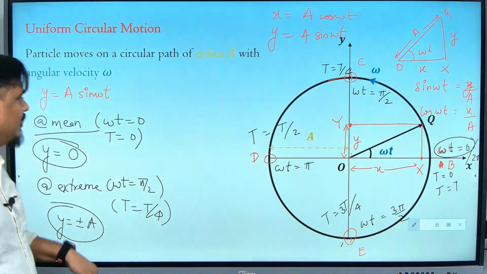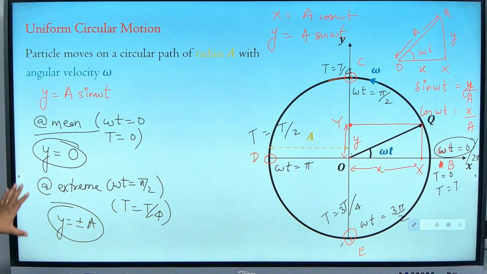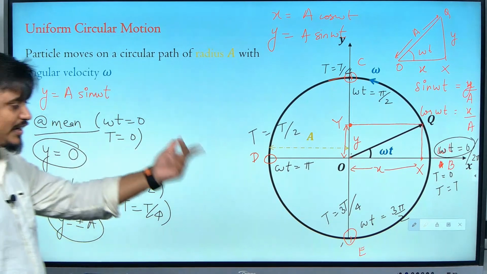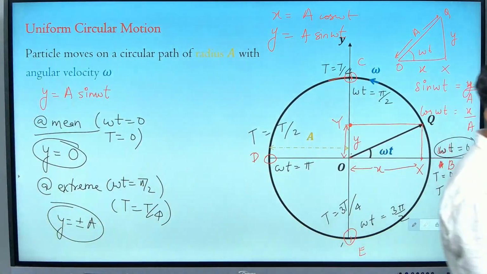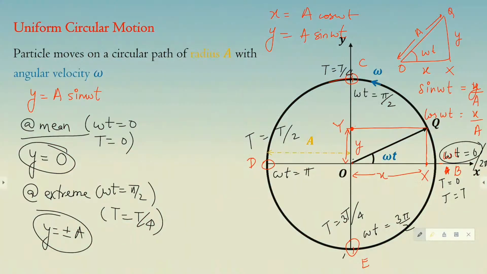Sure? So you have understood the equation of displacement, what is the meaning of mean position, what is the meaning of extreme position, what is the displacement in mean position, and what is the displacement in extreme position. If yes, copy it in 2 minutes, then I will go to the next page. If it is clear, make it fast. Copy whatever you want to copy from the board, and I will go to the next slide where I will go to the velocity equations. Now I have derived only the displacement equation. Make it fast, please.